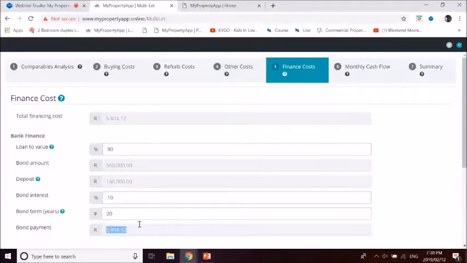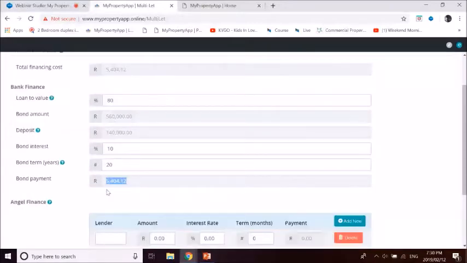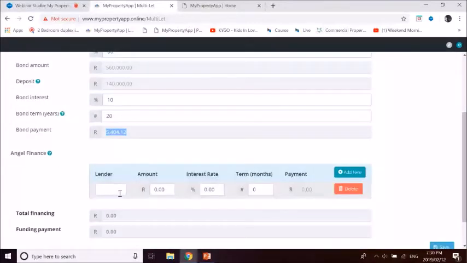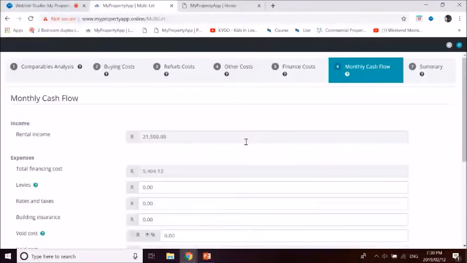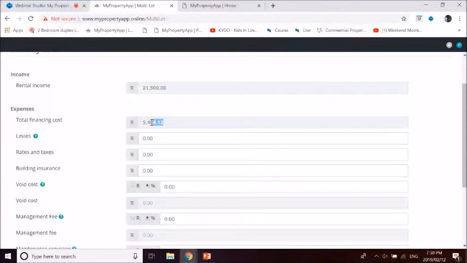Obviously, you want to back that up with TPN. TPN does tell you what the vacancy rates are and what the risks are in specific areas. So let's say multi-let is a relatively high risk area. So we're going to go with a 13% vacancy charge, which means we're taking off 2,795 Rand per month from our income. It's essentially a provision. You're assuming that you're not going to get paid 13% of the time. So you're taking that income away and putting it into a bank account so that when the tenant leaves or the property is vacant, you've got that provision that can maintain your bond repayments or whatever it may be.